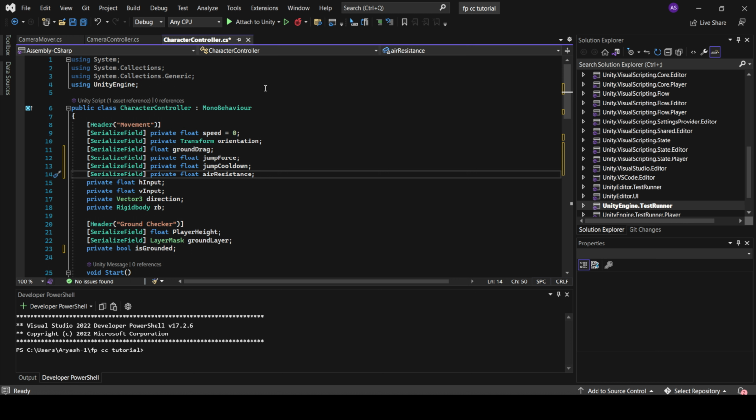So serialized field, private float, air resistance, and then we have to create one variable that is not a serialized field and it's not a float. It is a private boolean. And this boolean will kind of work together with jump cooldown, because after the jump cooldown time has passed,